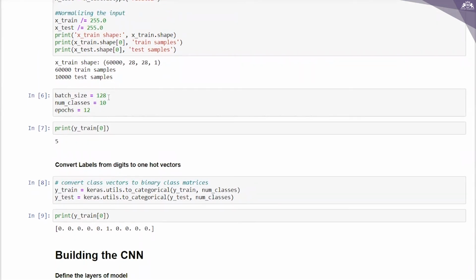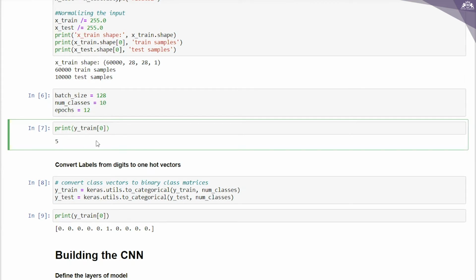Now I'm going to write batch size, number of classes, and epochs. I'm giving batch size 128 and number of classes 10 because it is from 0 to 9, and epochs I'm taking roughly as 12. Randomly I'm choosing that.